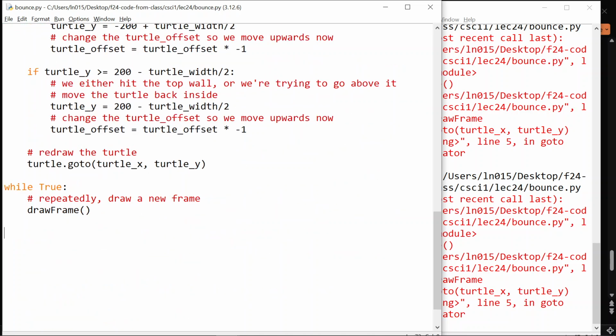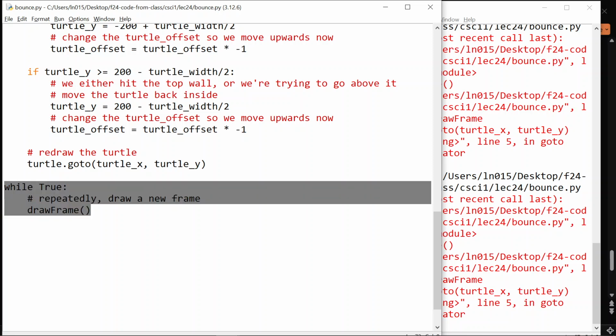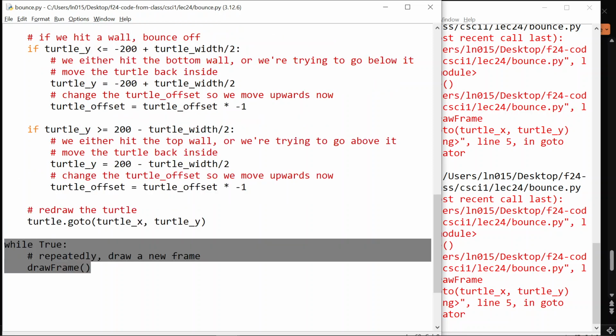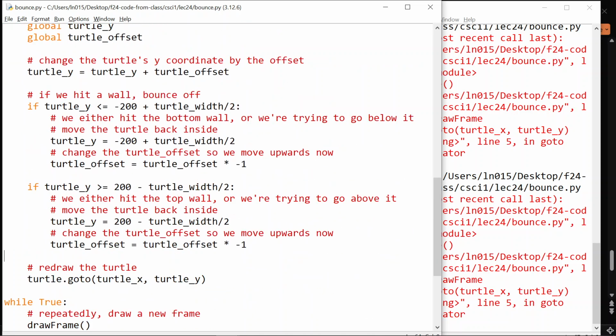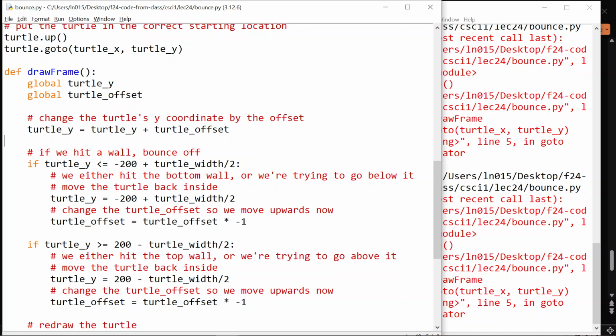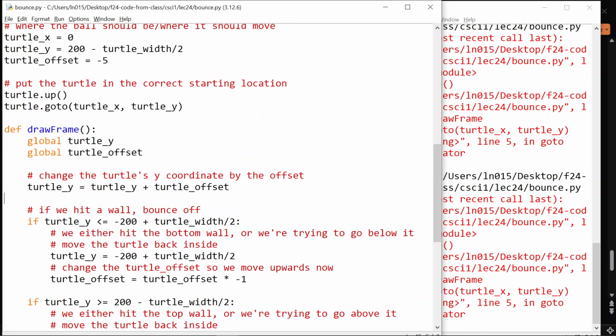But you can control it. There's a way to do it. But we're just letting it go as fast as Python can do it. It takes a small step of time to do turtle.goto and redraw it and all that. And we're just hooking into that essentially. But it's all going to take the same amount of time because we're not doing anything vastly different every frame, every loop, right? So if you do want to control the speed in some way though, you can change what